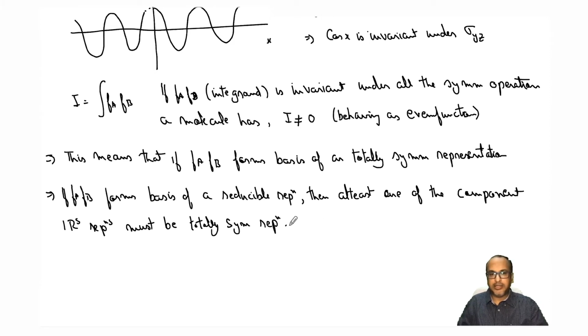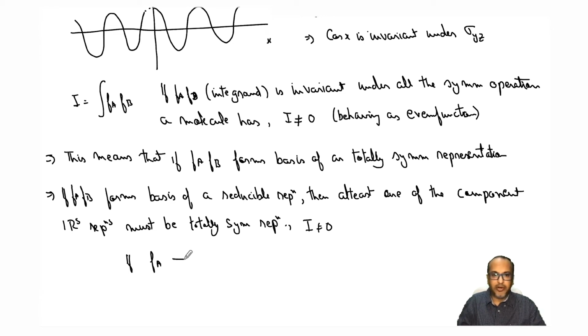And in that case, I will not be equal to 0. Right? So either it should form the basis for a totally symmetric representation, or it should form the basis of a reducible representation, which in turn should contain at least one IR representation. Okay, so when would that be? So let's say if